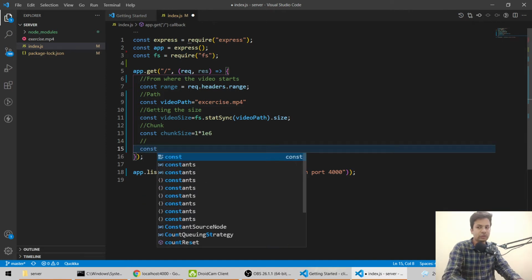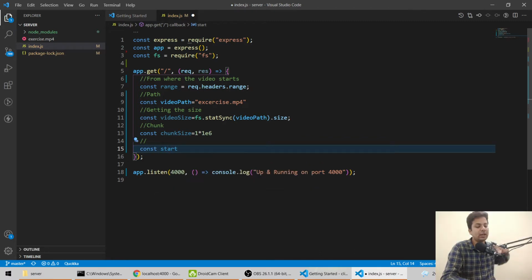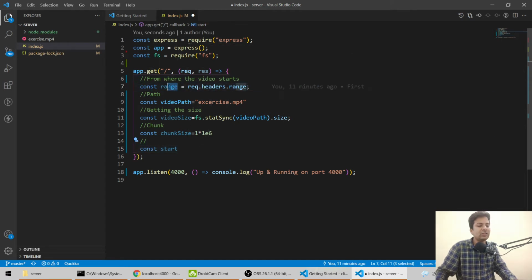We'll say const start. So we are telling okay, start. So we got the range, and we have to start from this range. But these things are bytes, and we need numbers.